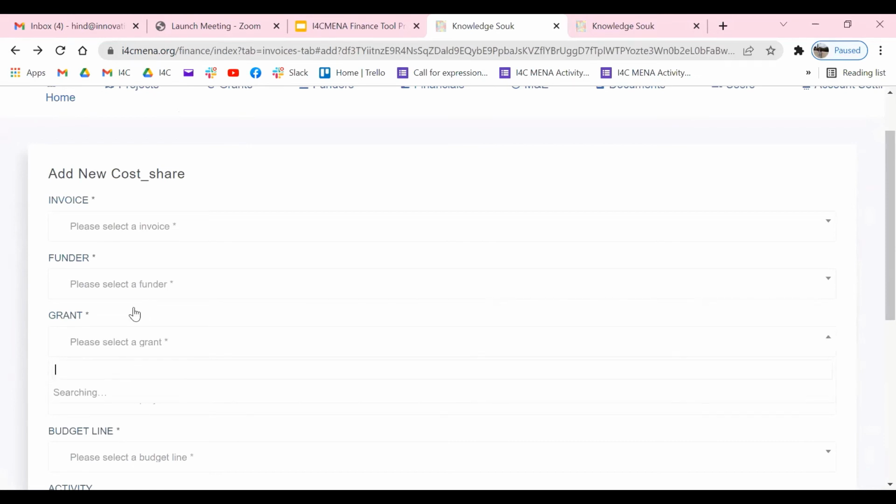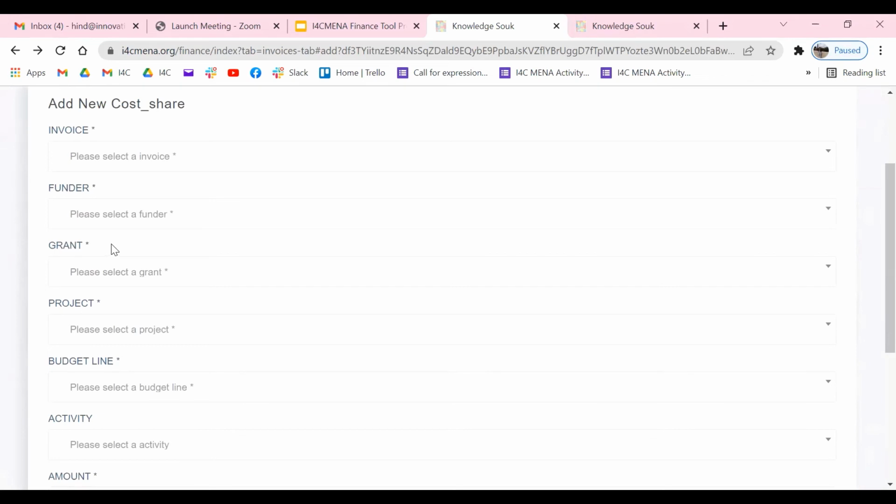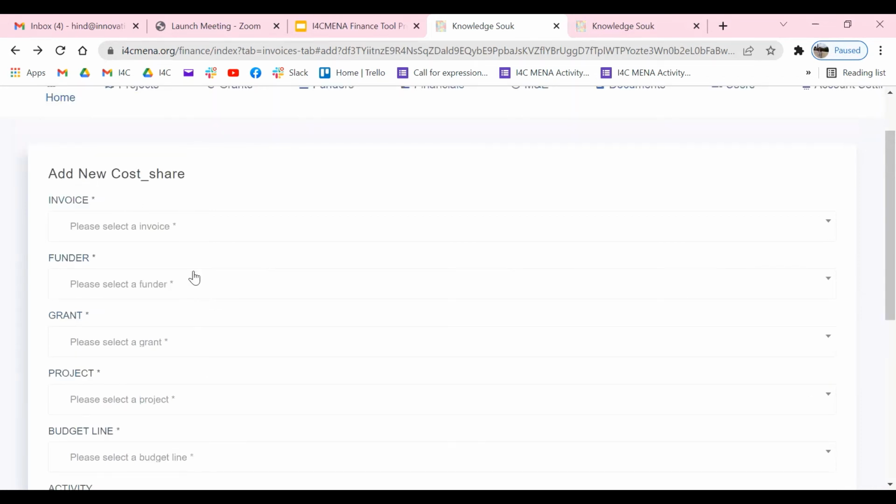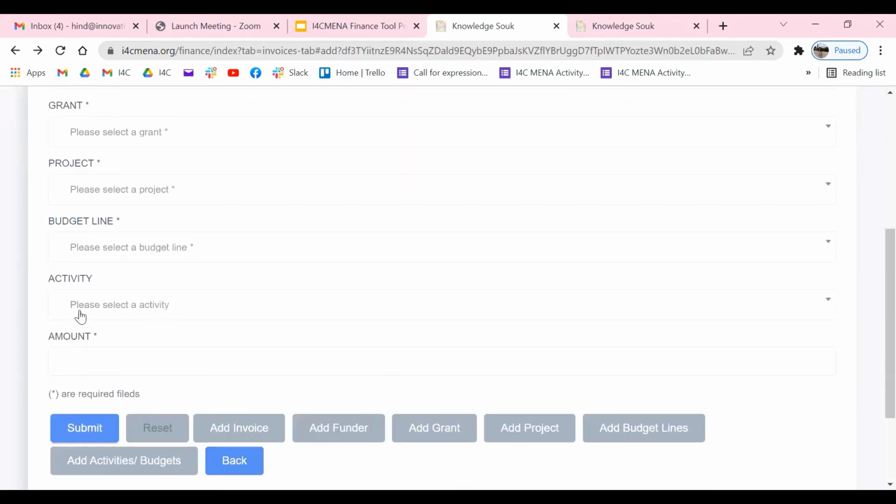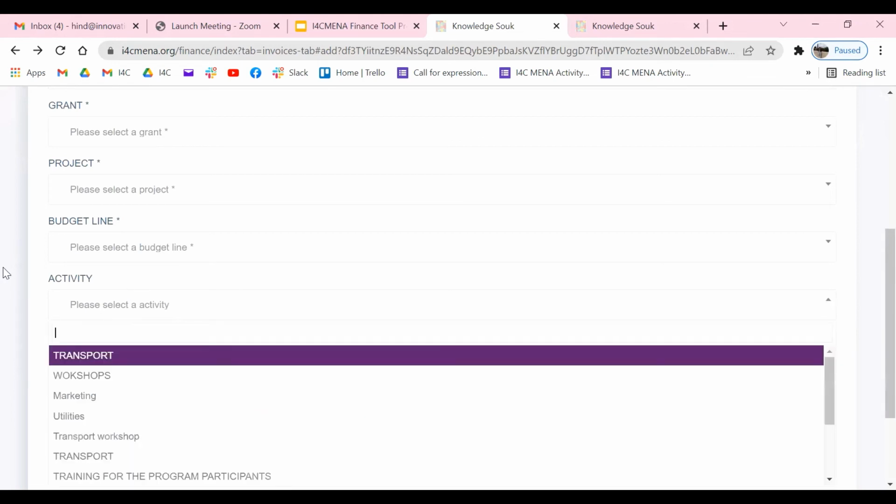Same thing, there is a list that will display to select from. Also which project, and also put here the specific budget line for this cost. If the payment relates to a specific activity, then we have to put it also here.